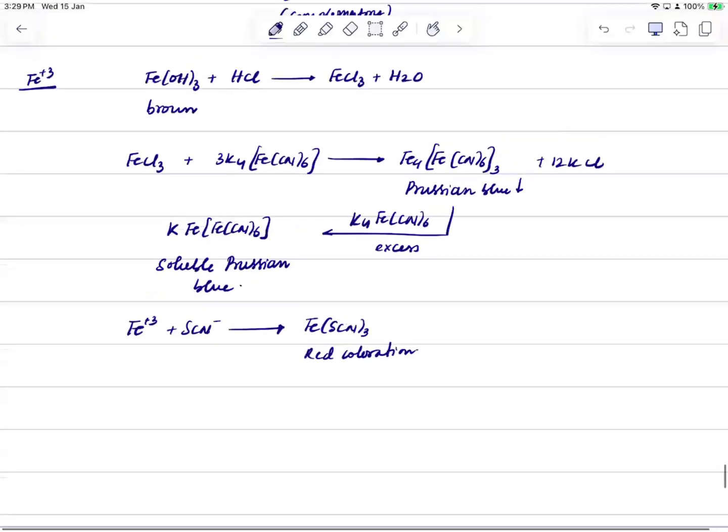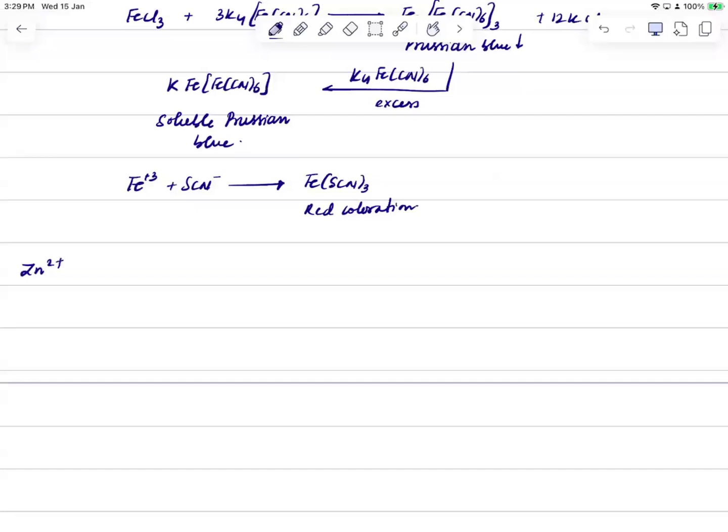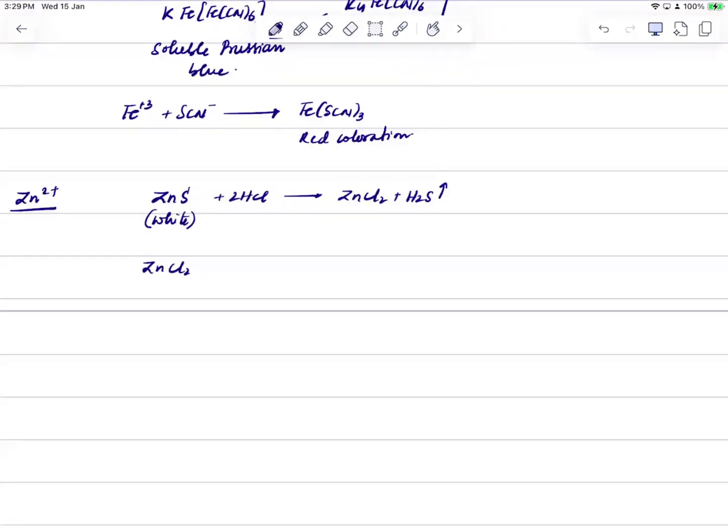Alright. Next, zinc. Zn2+ is precipitated as zinc sulfide, which is white color. If you add it to acids, it will dissolve to form ZnCl2 plus H2S vapors. And this dissolved ZnCl2, which is colorless, if you react with NaOH, first it will become a white PPT. And this white PPT, when you add excess NaOH, will convert into Na2ZnO2,